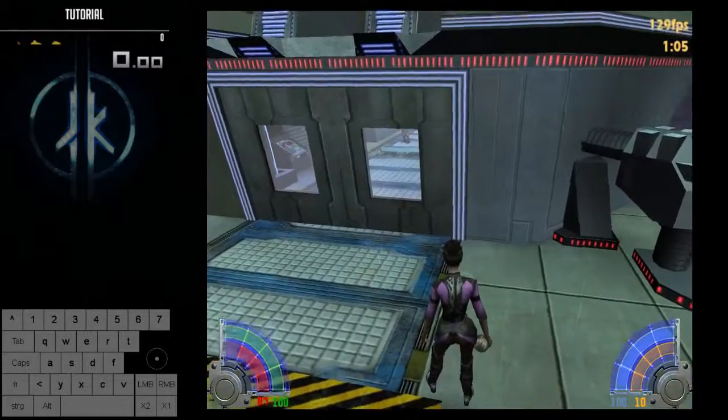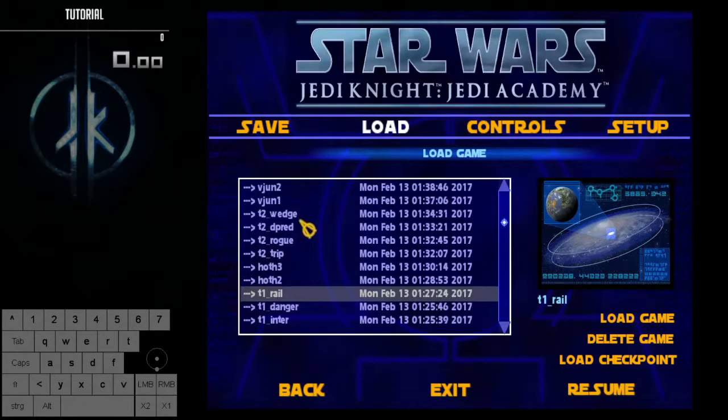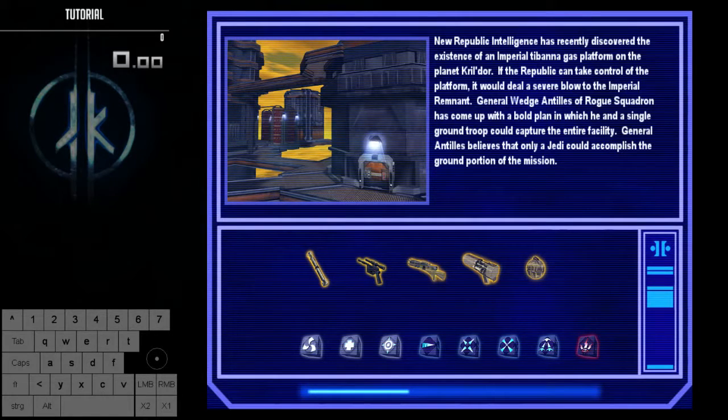Okay, so next thing is pull canceling. So what is pull canceling? I'm gonna go back to wedge because it's nice and quiet there. So pull canceling, some weapons in this game have a cooldown, like an internal cooldown, and that goes for